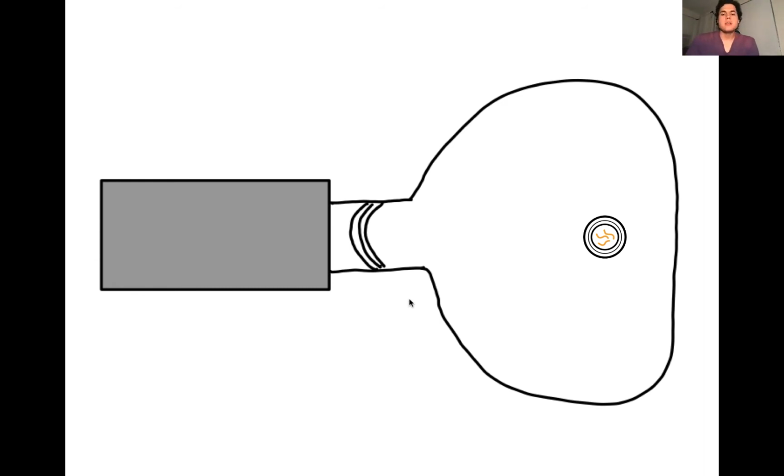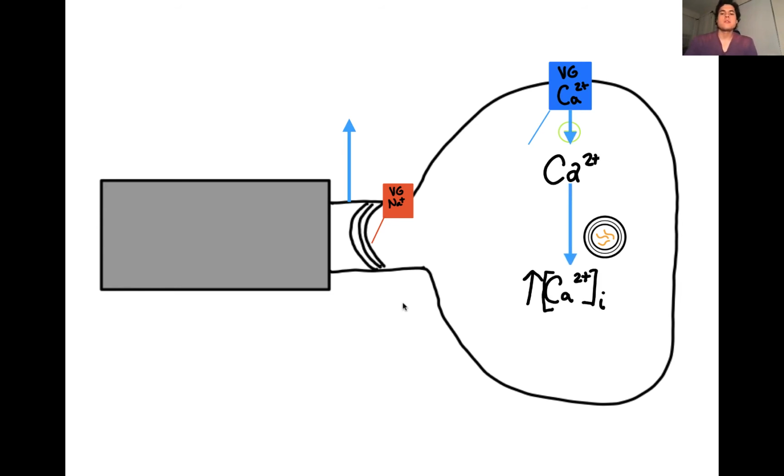In order to release the neurotransmitters, we need a signal, and the signal is going to start from the voltage-gated sodium channels. As action potentials propagate down the axon, voltage-gated sodium channels open, allowing sodium to flow into the cell. The sodium will then depolarize the membrane, which will open voltage-gated calcium channels, which allows calcium to flow in, which will increase the intracellular calcium level, which will then facilitate the fusion of the vesicle with the presynaptic membrane,